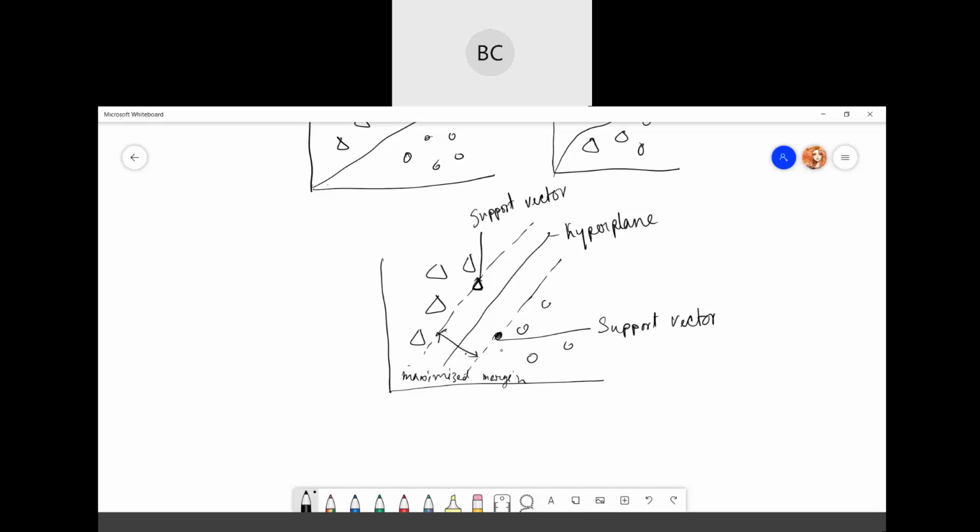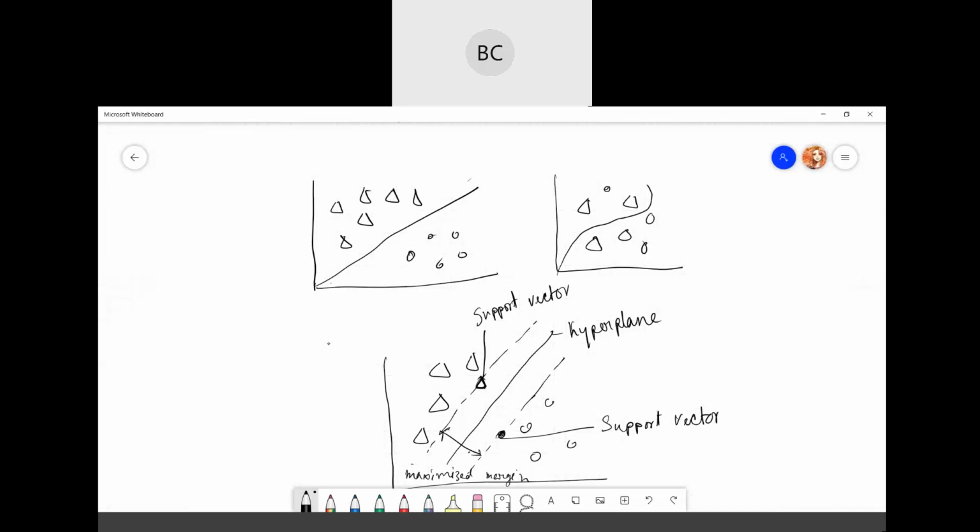There can be multiple lines or decision boundaries to segregate the classes in dimensional space, but we need to find out the best decision boundary. Based on that optimized decision boundary, it helps to classify the data points. The best boundary is known as the hyperplane. For example, like this one.